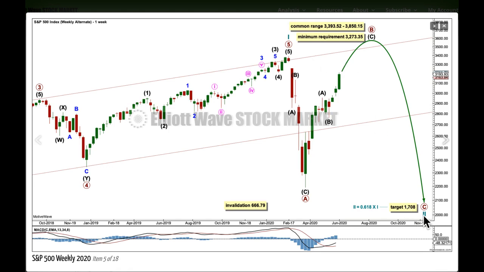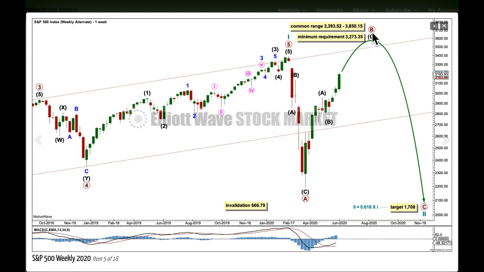But cycle 2 doesn't have to be a zigzag. It can be any Elliott wave corrective structure except a triangle. The next most common Elliott wave corrective structure is a flat correction. The zigzags are the most common corrective structure by quite a wide margin, but flat corrections are also quite common. So let's consider both of those possibilities. Flat corrections subdivide 3, 3, 5, and the B wave within a flat correction may move beyond the start of the A wave, as in an expanded flat correction.